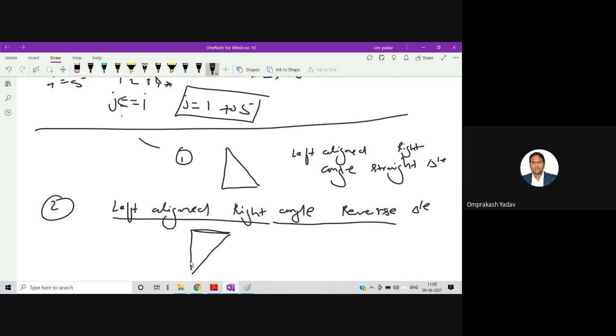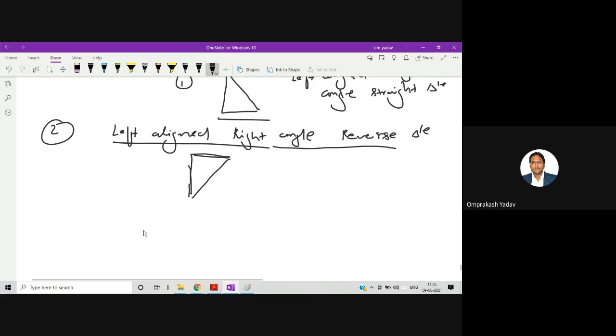It will be like this. If we just keep a mirror over here, you can see that on this particular side we will get this shape, right? So it's a mirror image of the first type of triangle. It's a reverse one. It's not straight, it's a reverse one.